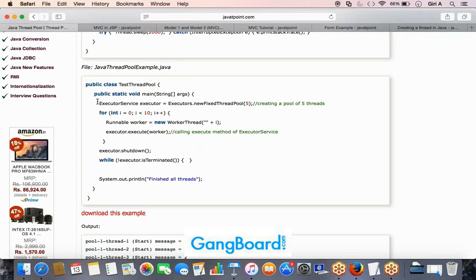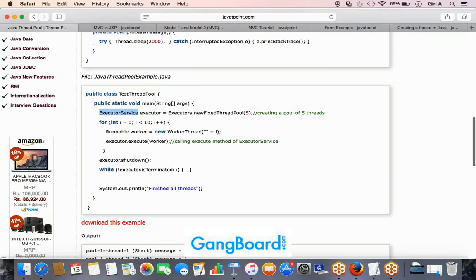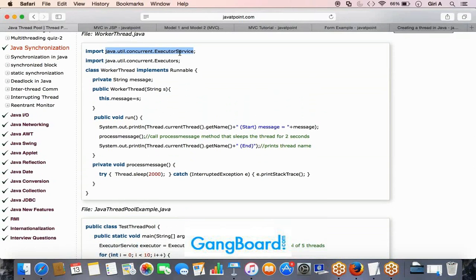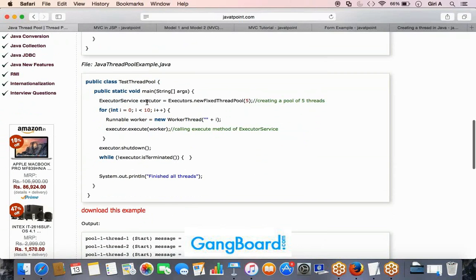Yeah. So if you see here, this is the one. There is something called the ExecutorService class, which is a pre-existing one. It is in java.util.concurrent. For that, you will create an object with the number of threads. Here I'm giving five. In the for loop, this is a class that we created, so for that our thread object, we are creating an object here. So whenever I call executor.execute,